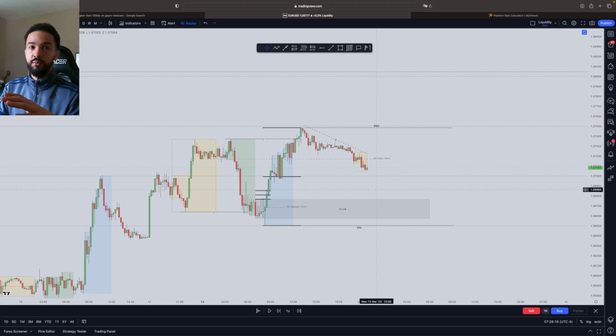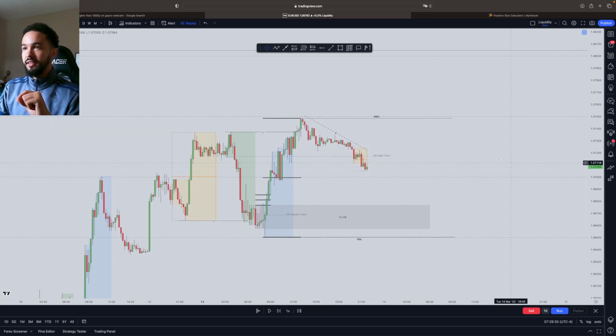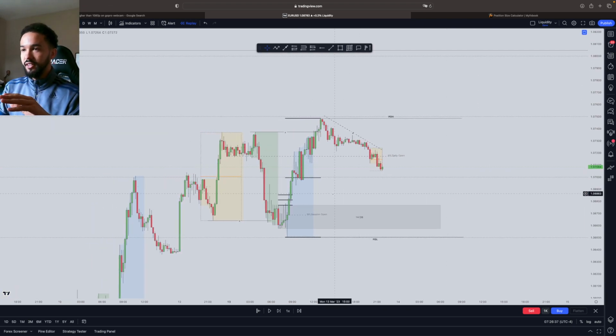If there's something super clear on the 15 minute, I'll just take it from there, because why go down further if I can get the risk to reward and all of the pros are present on the 15M, and I don't need to go looking for an order block or fair value gap, and it's just there. So I'll take that. So for me, the reason why I traded this one differently, so if we look here,